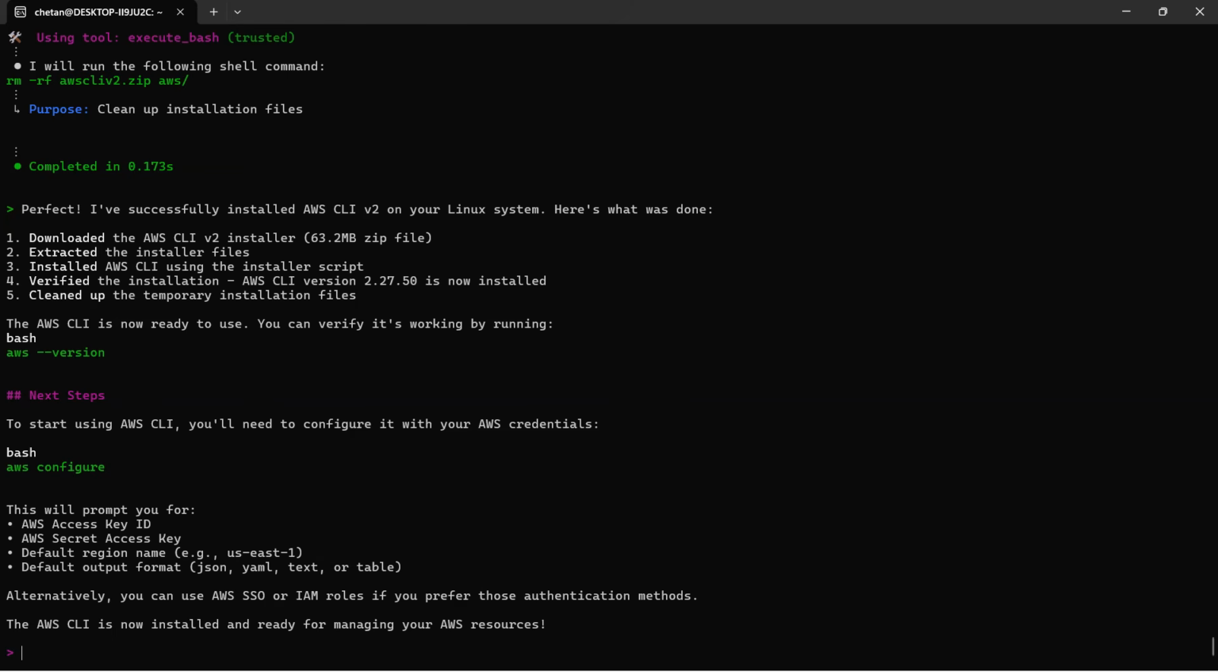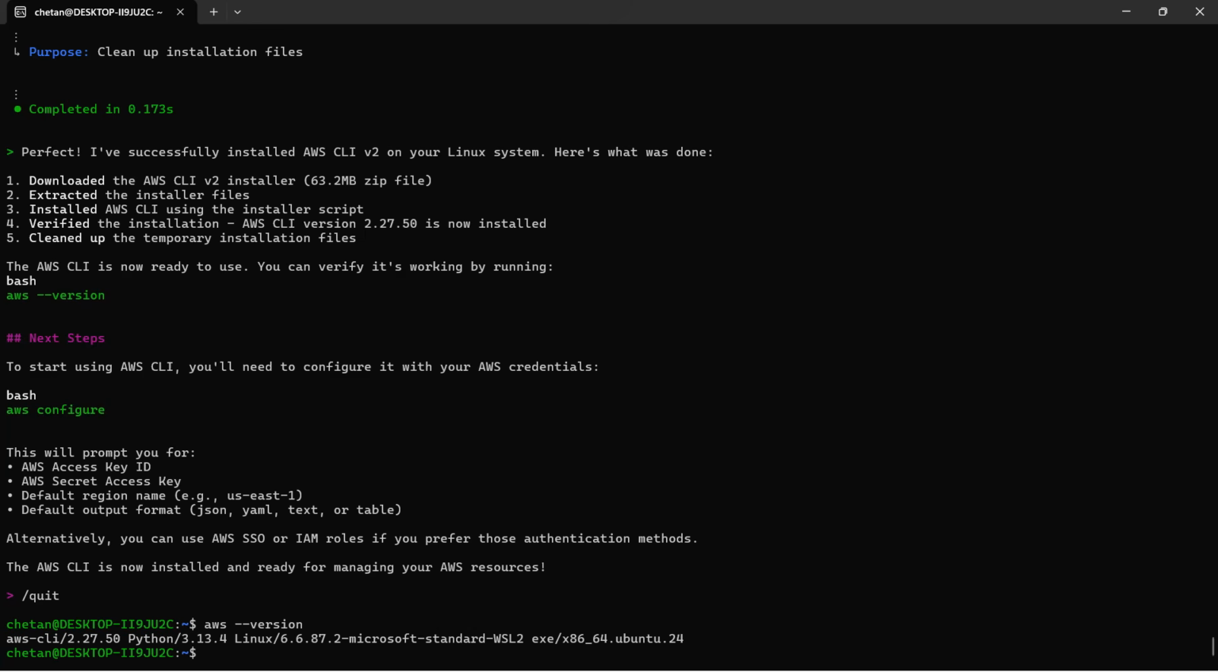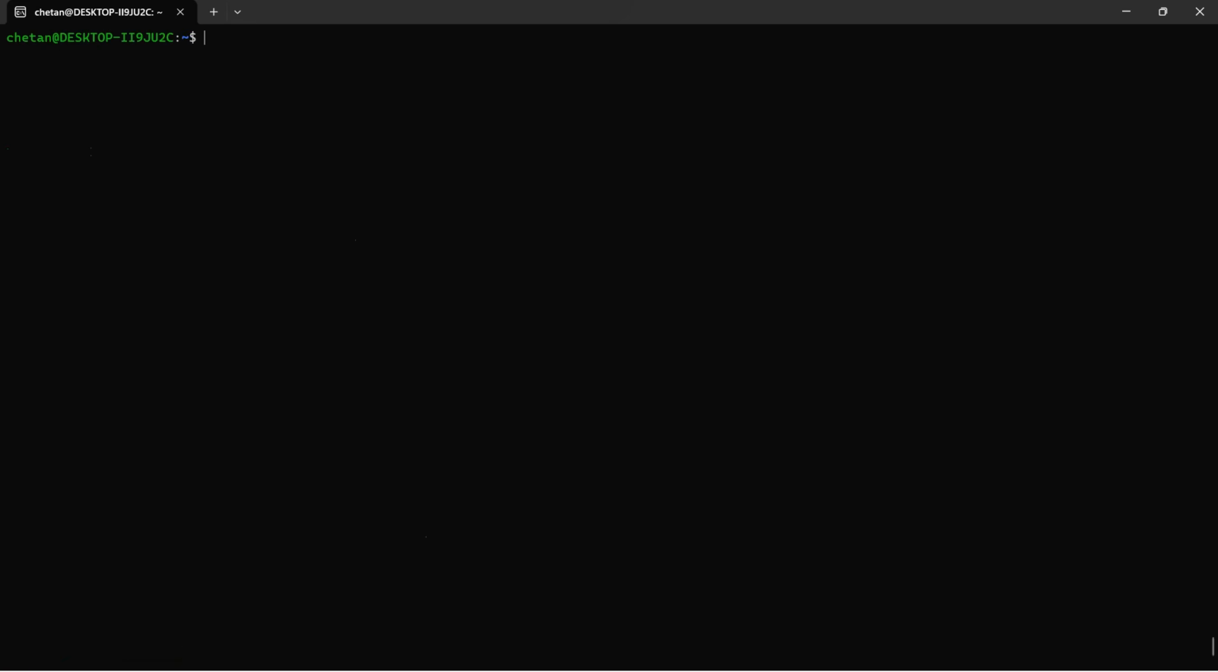Now, as I said, you have to quit this. So let's quit this and let's see if the AWS CLI is there or not. So it is there and you can see its version as well. Now, next thing, let's configure our AWS credentials, and I'm sure you know how to do it. But if not, you just have to say aws configure,